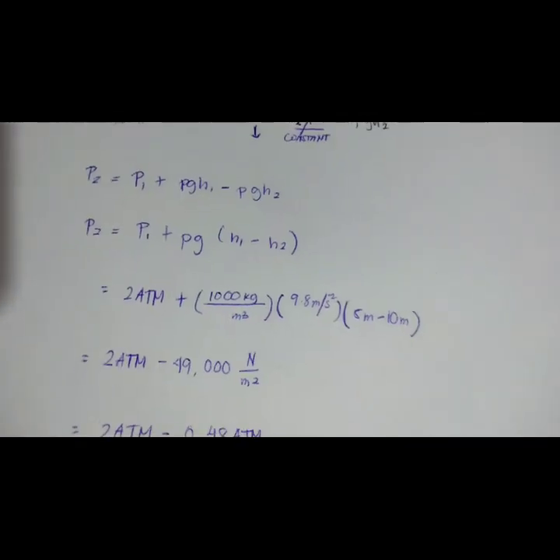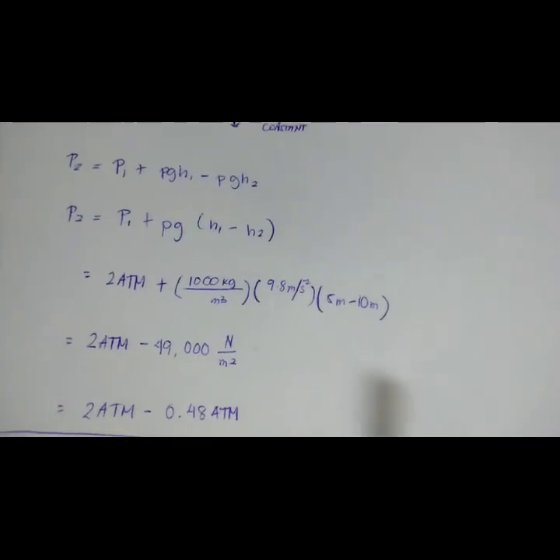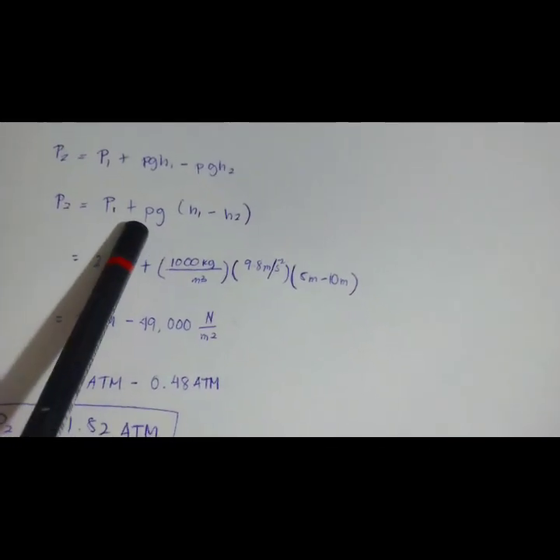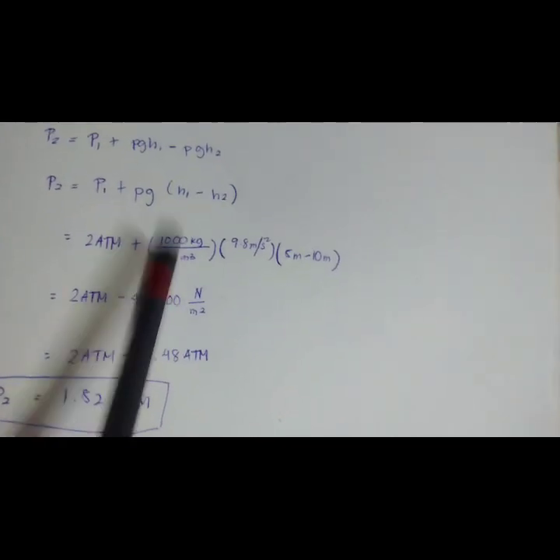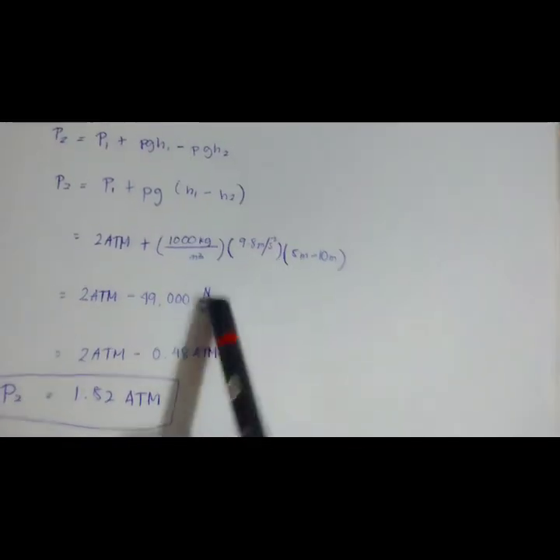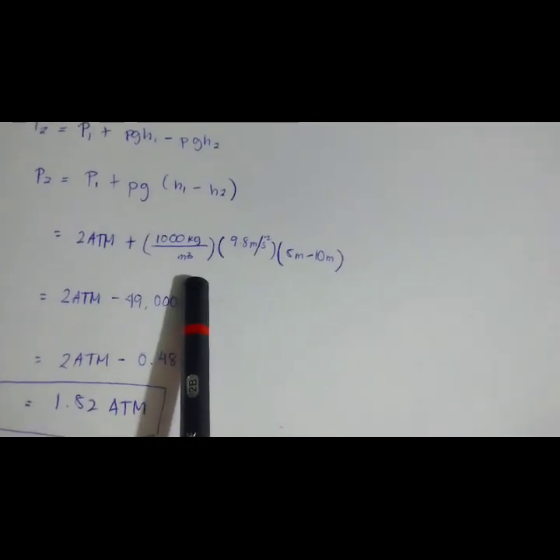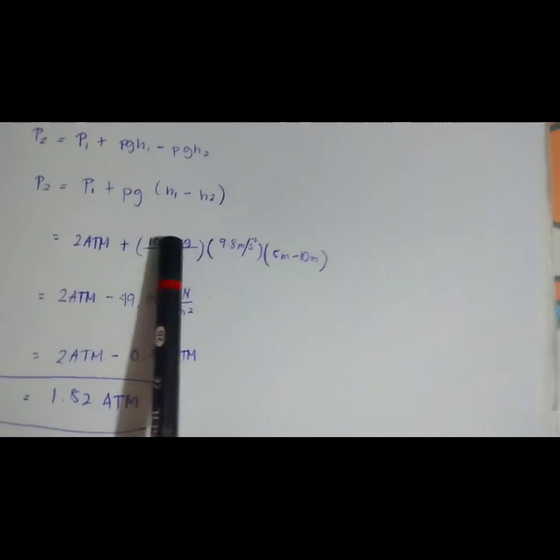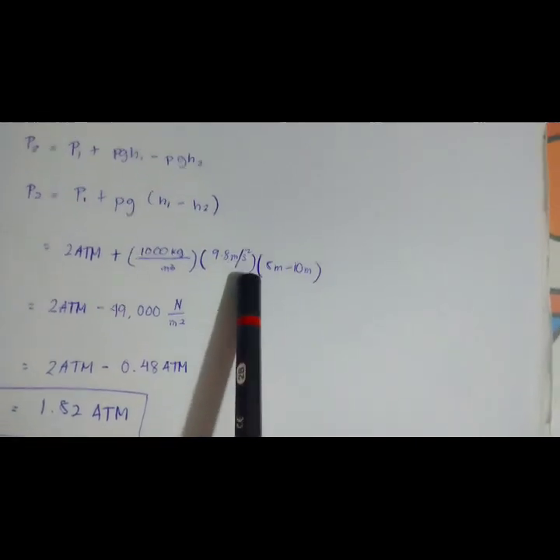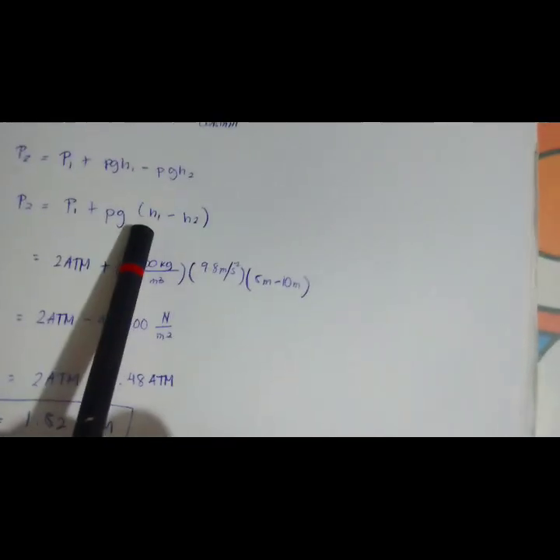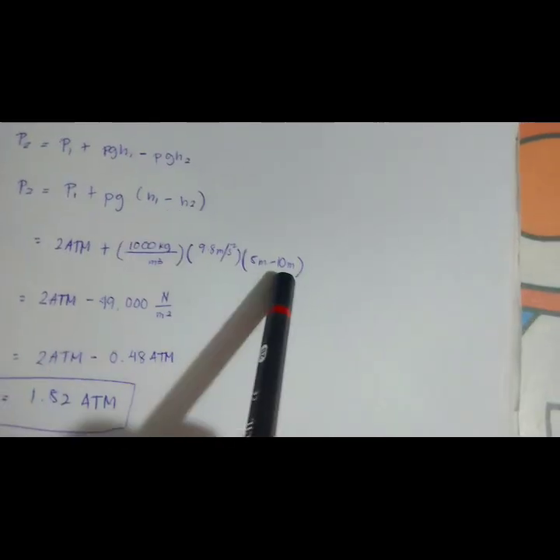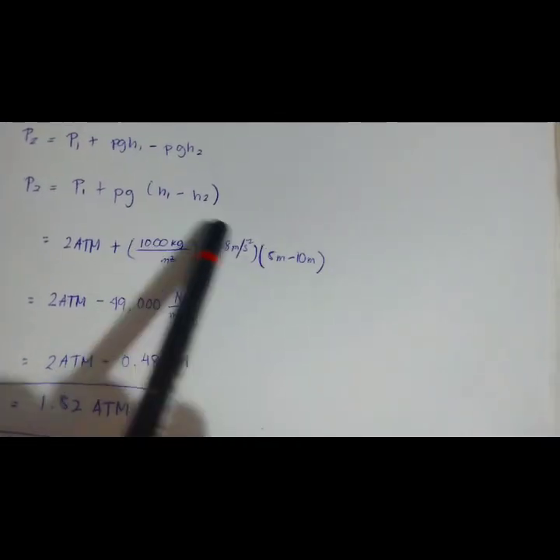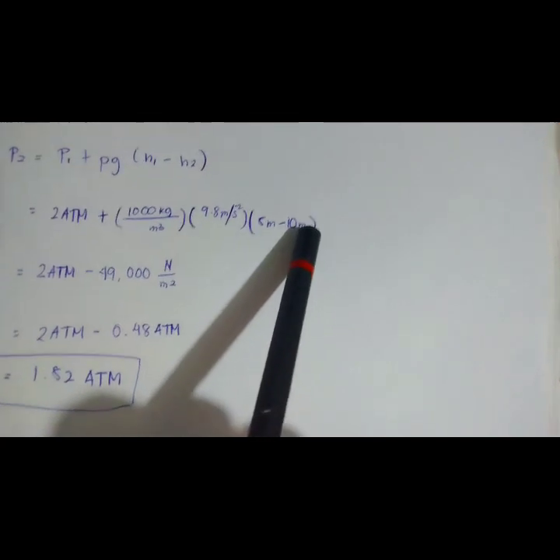Since we have our formula, let's just substitute. So our P1 is 2 atmosphere. The density is the density of water, so our density of water is 1,000 kilograms per cubic meter. And G, gravitational acceleration, has a value of 9.8 meters per second squared. Then height 1 is 5 meters minus height 2, 10 meters. So we just multiply this, multiply here, then multiply here. Then we will get